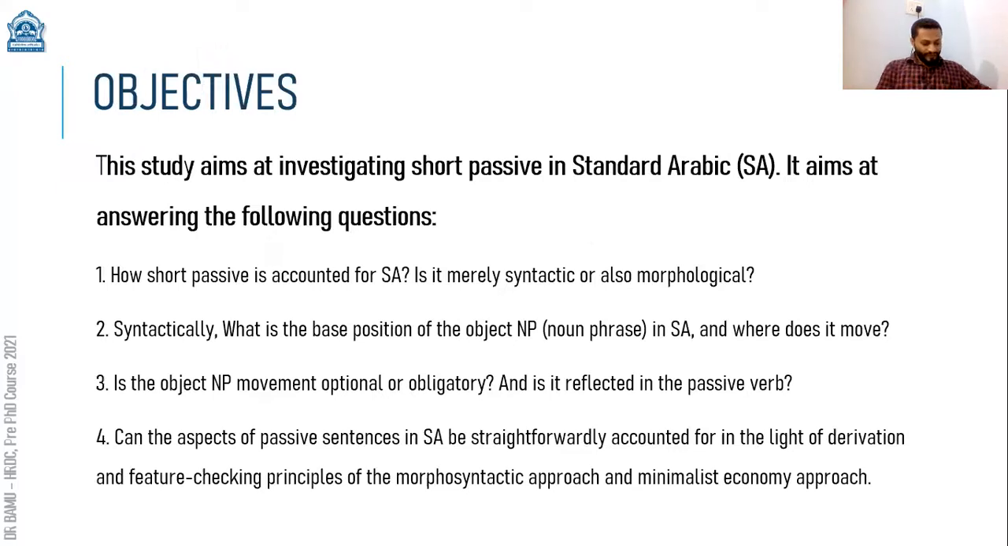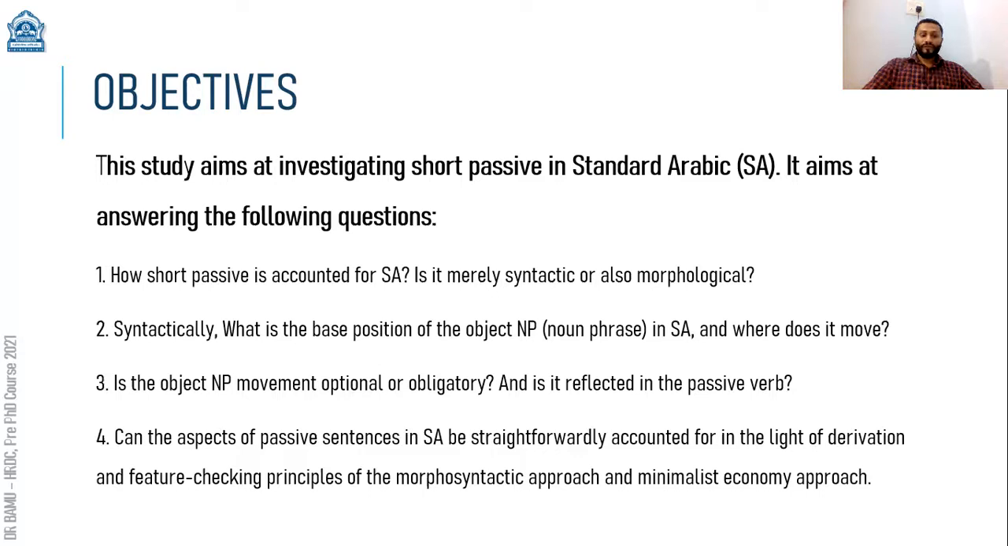The objectives of the study are to answer the following questions. So the first one is how short passive is accounted for in standard Arabic. Is it merely syntactic or also morphological? Second is syntactically speaking, what is the base position of the object noun phrase in standard Arabic, and where does it move? The third is, is the object movement optional or obligatory,